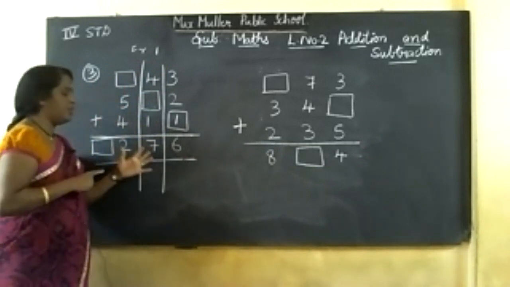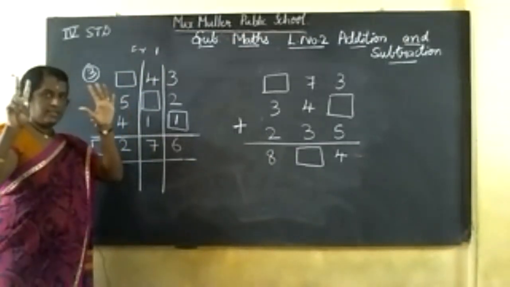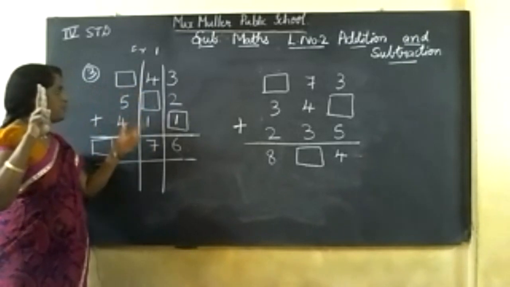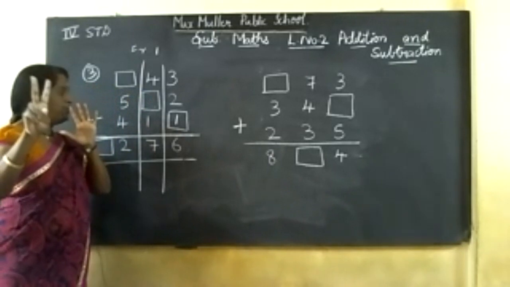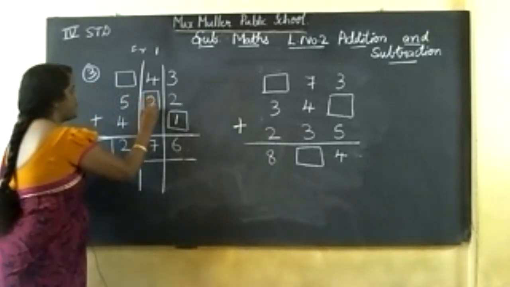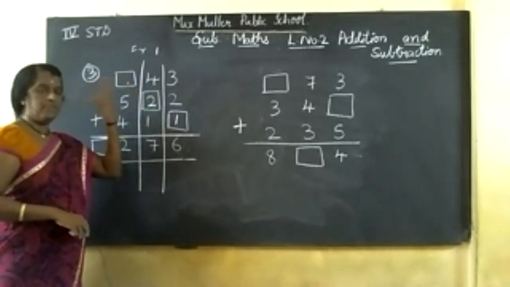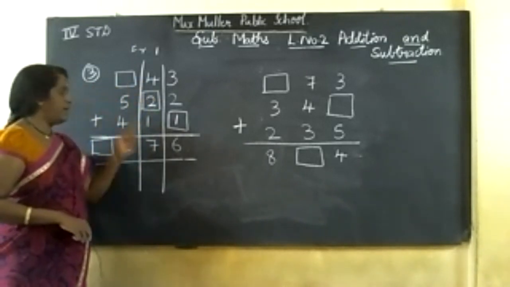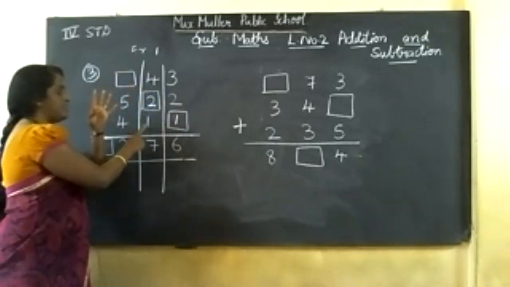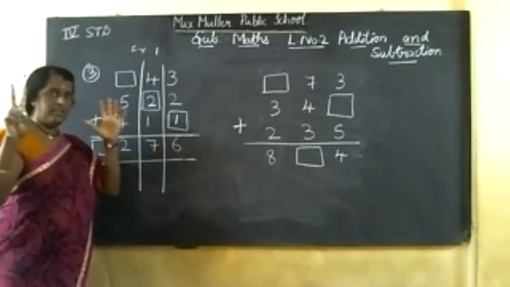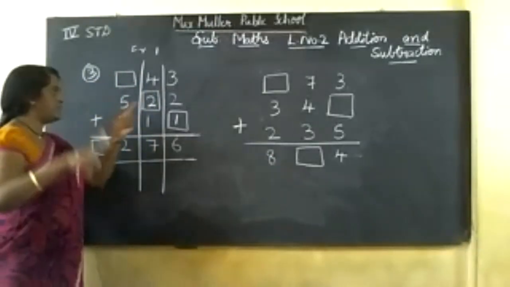5 is there, you want the answer 7. So 1, 2, 3, 4, 5, 6, 7. The answer is 7. So 4 plus 1 is 5. How much number is pending? 2. See, 4 in the mind, 2 on my finger. After 4, 5, 6. 6 in the mind, 1 on my finger. After 6, 7. Here 7 is the answer. When you see 7, here 4 plus 1, the balance is 2.